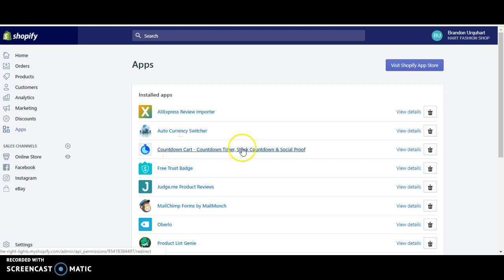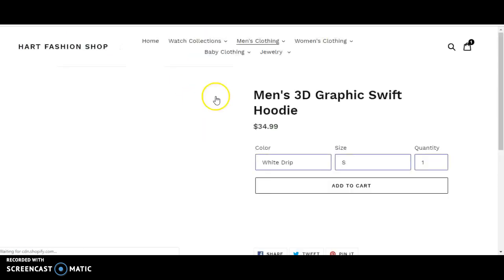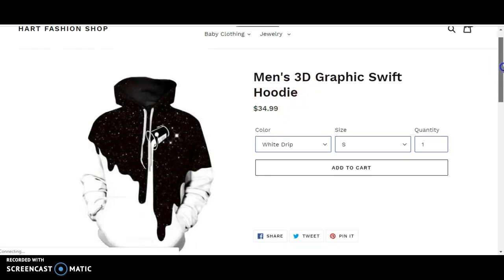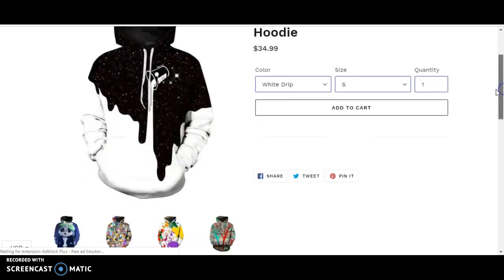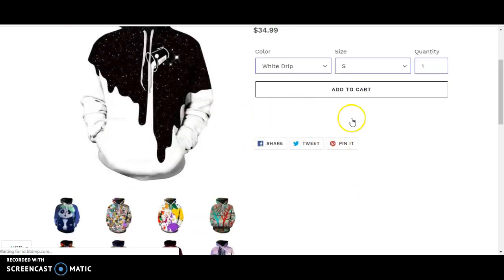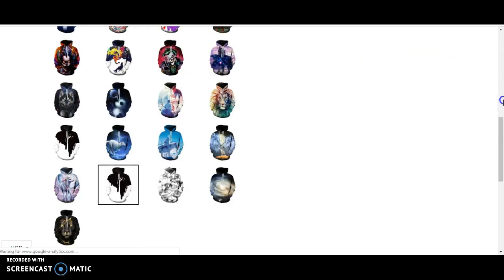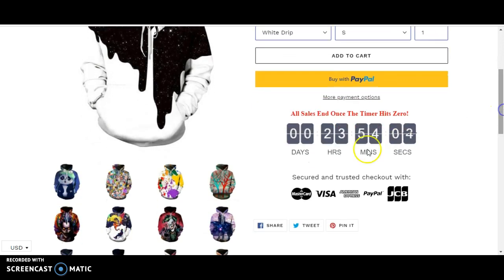The countdown timer. I'm gonna click on one of my items to show you what that is. I'm just gonna go to this graphic hoodie right here. When the customers click on your product, there's going to be a countdown that pops up. Wait for it to load. It should be here soon. There we go. It says all sale ends once the timer hits 0, and this creates urgency,